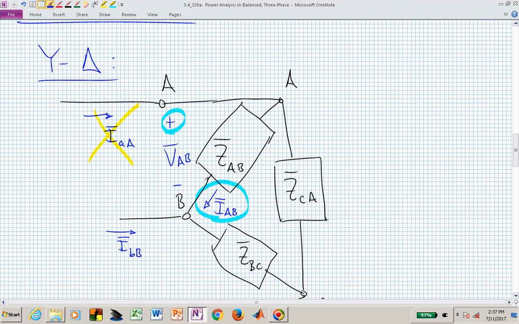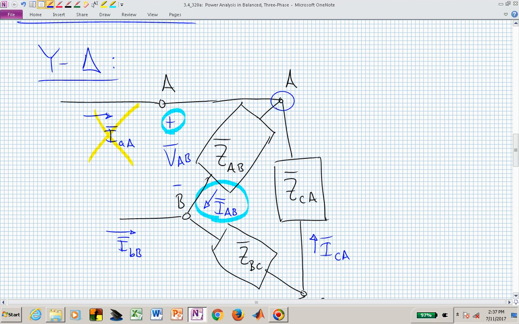I sub CA is coming in, and all of those are going to then be algebraically determined by KCL at terminal A. So to find the complex power in a delta configured load, we need to concentrate on the phase voltage and